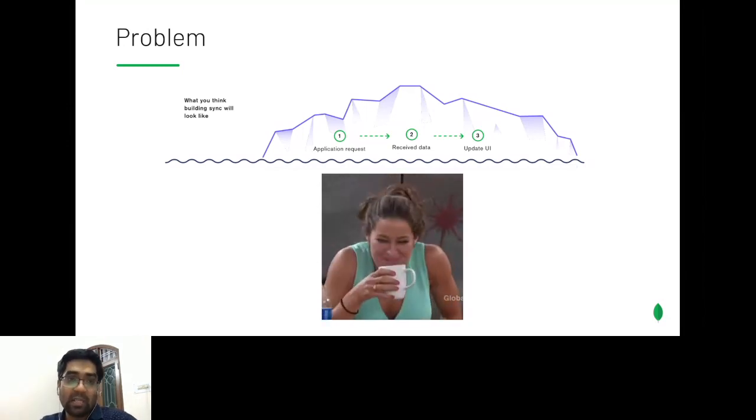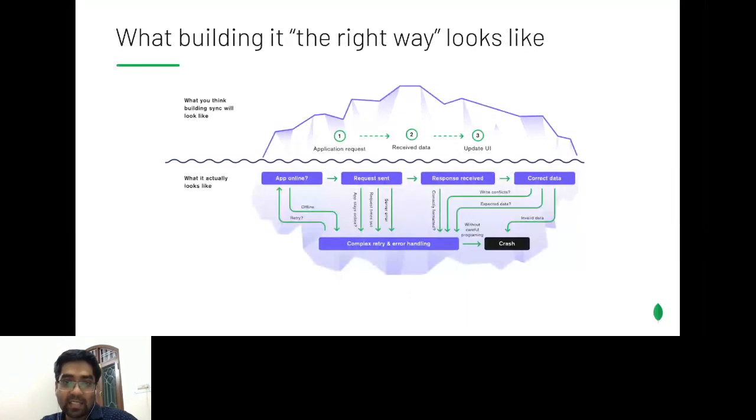As you keep on building this, you will understand there are far more areas to cover. Say, for example, you want to make a request for getting some data, right? But before that, you'll have to check whether your app is online or not. Once your app is online, you decide, okay, let me send a request. Then you might have to check, see if everything is good or not. Once that is there, you receive a response. Then you will have to process the response and see whether the data is correct or not. If everything goes well, then you get a happy user.